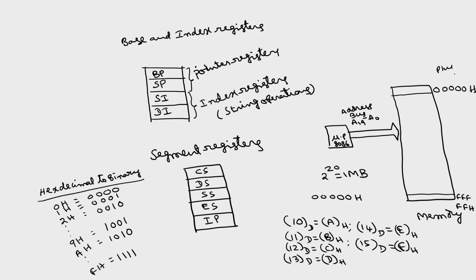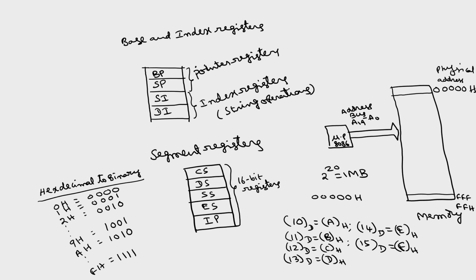This is called the physical address. The physical address of this 8086 microprocessor is 20 bits, whereas the segment registers are all 16-bit registers. All segment registers as well as the instruction pointer are 16-bit registers. Even though the physical address is 20 bits, in the processing we are going to use only 16-bit addresses. So, how to generate this physical address from the effective address?